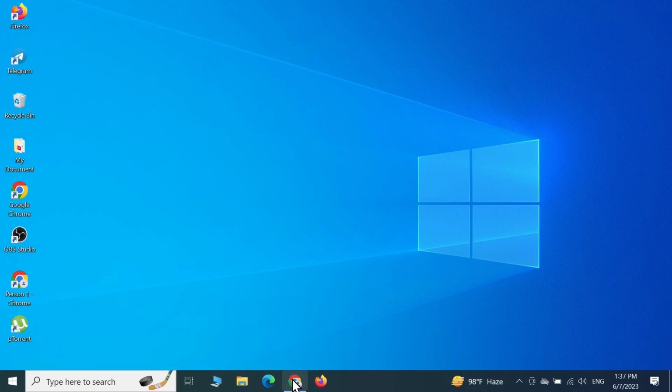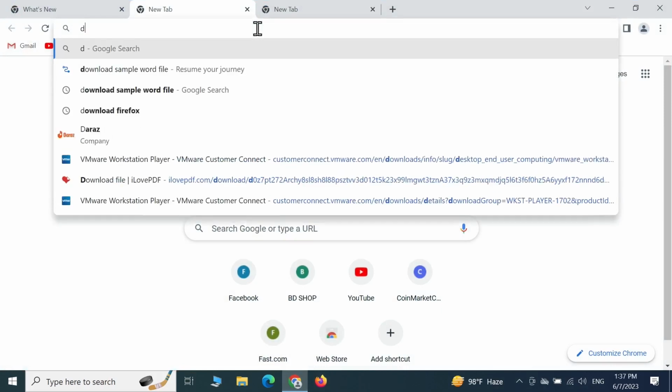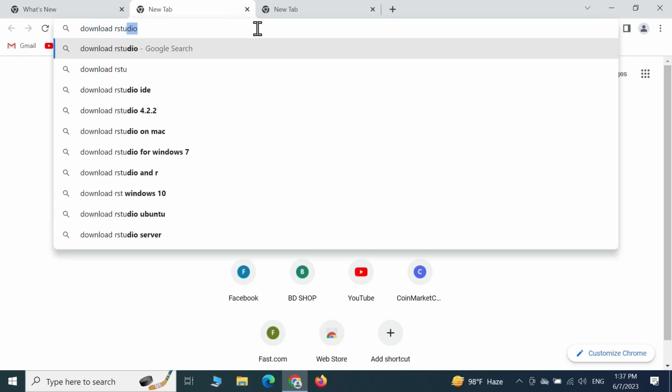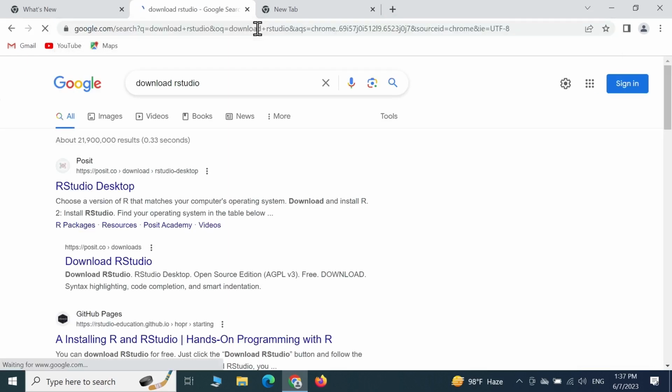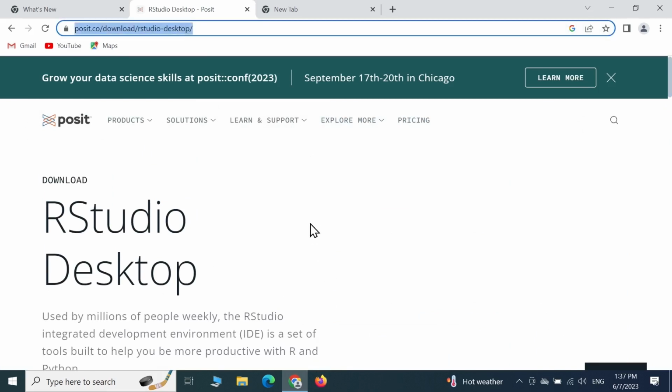Now the first thing you have to do is open a new browser and then in the address bar type in download RStudio and then press enter from your keyboard and then click on the first link, which is Posit, and then you will land on this page. I'll leave this link in the description of the video so that you can just click on this link and